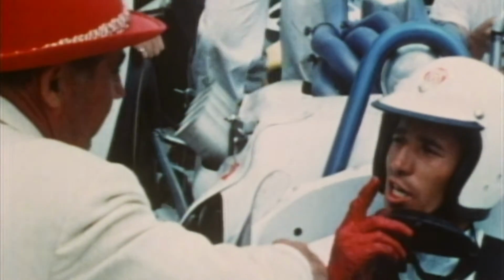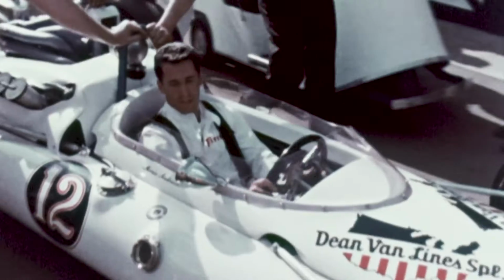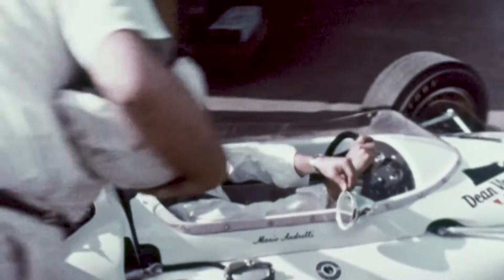There was a guy right up the road in Nazareth, Pennsylvania, about 2 hours from our house there, named Mario Andretti, who, in my opinion, is still the world's greatest race car driver. He was a racer that a lot of people outside of the racing world knew his name and looked up to. If there's one car in this group that really stands out above all others, it has to be the